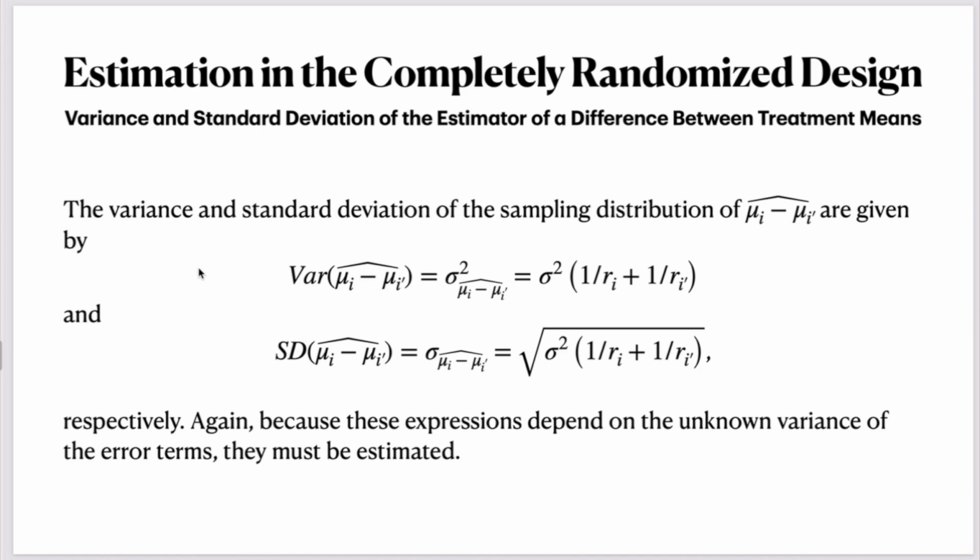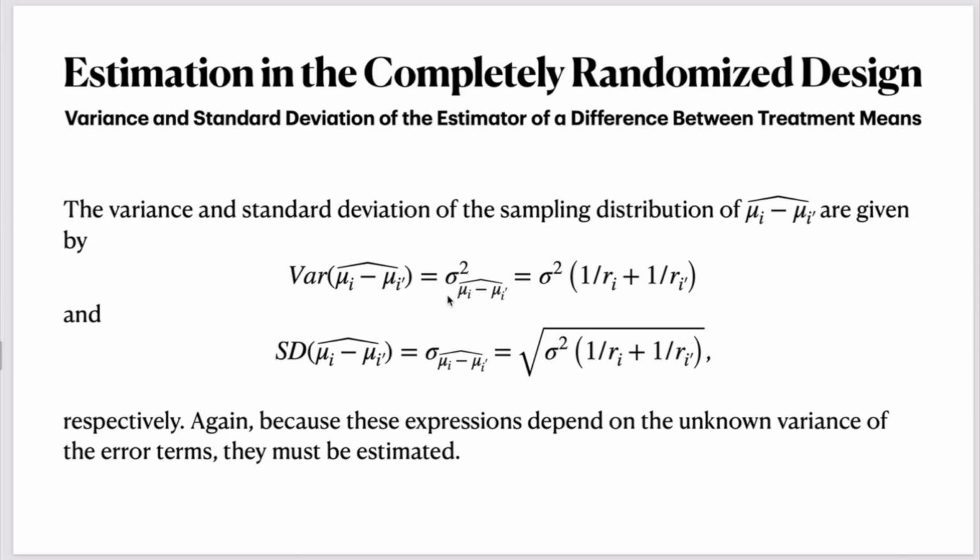Now, in order to construct confidence intervals for the difference between two treatment means, we need to understand and have expressions for the variance and the standard deviation of the estimator of the difference between those treatment means. And so that's what we have on this slide. The variance of the sampling distribution of the estimator of mu sub i minus mu sub i prime is denoted in a couple ways. Again, var, the variance of the estimate of mu sub i minus mu sub i prime. We will also denote it using this notation, sigma squared with the estimator in the subscript,